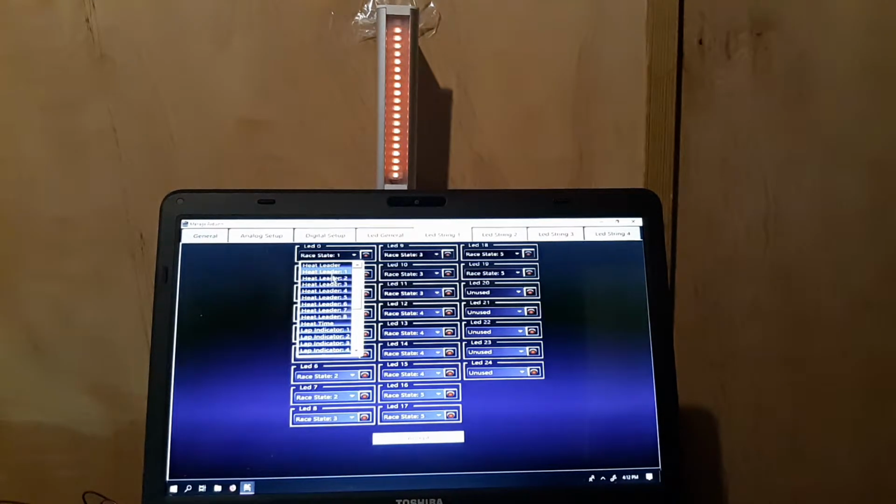So I could set any one of these for either the lane color, which would be lane 1, lane 2, lane 3, lane 4, lane 5, setting each one for lane color, or I could set all 20 LEDs for heat leader, and whoever's leading the lap, all 20 LEDs, or however many I pick, will show